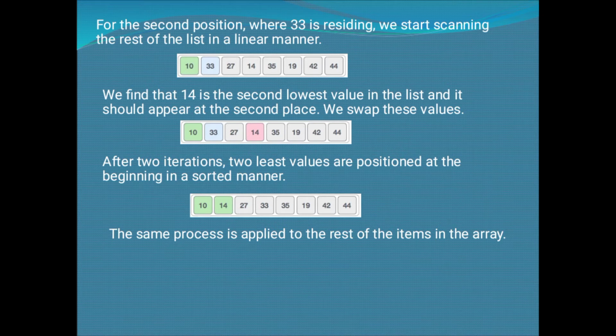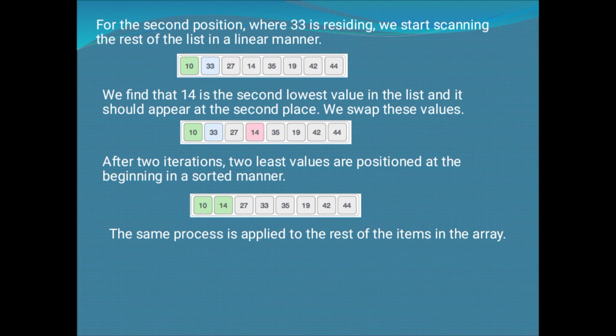That is the next smallest element to be placed in the array. That is 19. Now 19 is my next smallest element. I have found it by comparing it with the other elements in the array. Now I will swap 19 into the second location, that is